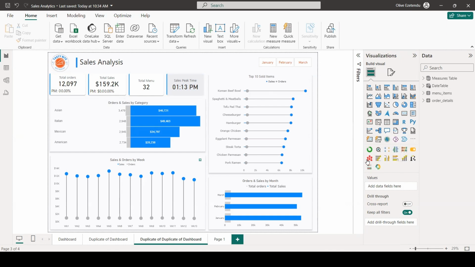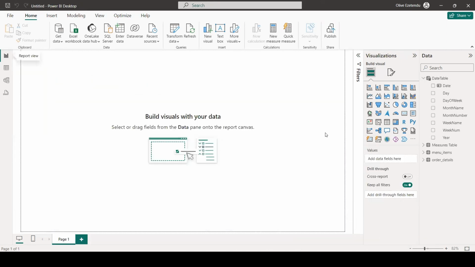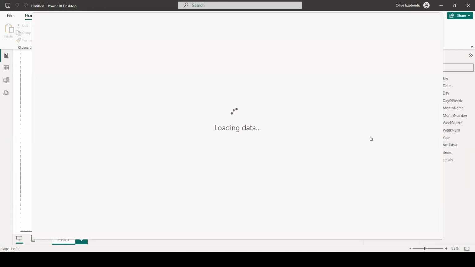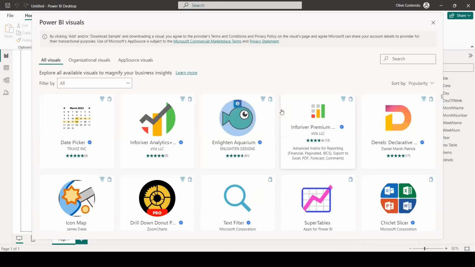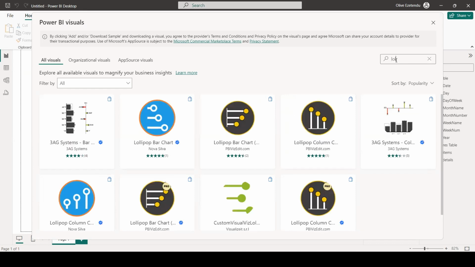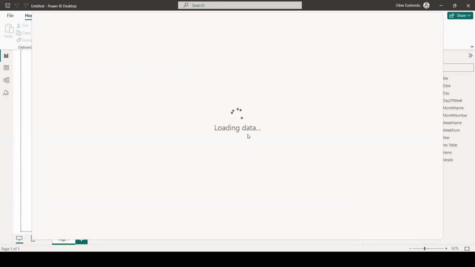So we're just going to go and import them, and I'm going to show you how to do that. What you do is come here and go to get more visuals. Now it just opens up. I'm going to show us how to get the 4 visuals that we need, because we're going to be needing 4 different visuals for this. The first one we're going to get: come to search here and type lollipop bar chart. As you can see, lollipop bar chart right here. I'm just going to click on this lollipop bar chart right here,